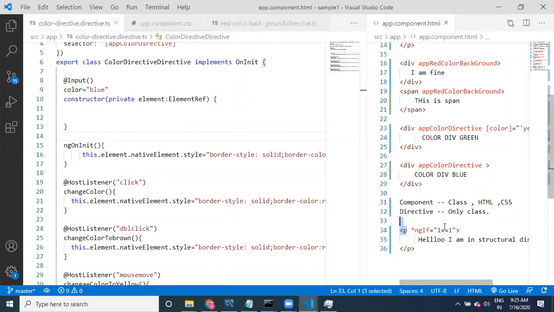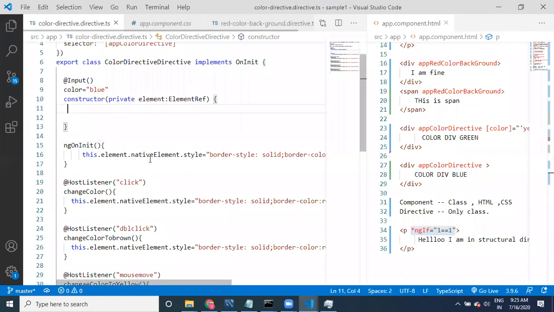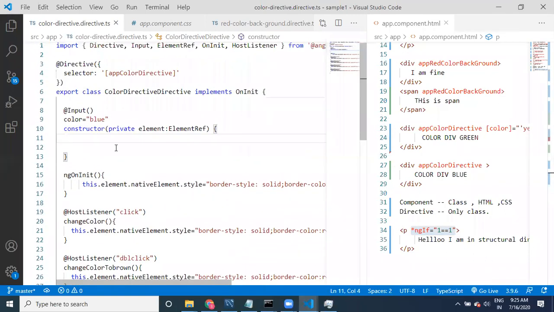But you know what different structural directives we have used: ngIf and ngFor. Mainly we have used these two, most of the places. We'll come to structural directives after finishing this one, guys. Now I would like to tell you another point related to directives. How we are using HostListener, right?